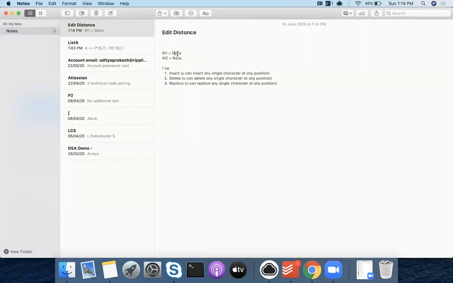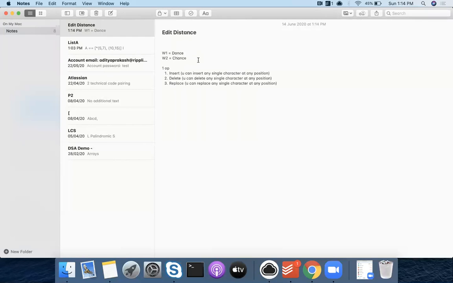Another example, let's say we have dance here, and here we have chance. Now what is the minimum number of operations? If I delete this H and I replace this C, then in 2 operations I can do it. These are the minimum number of operations, right?